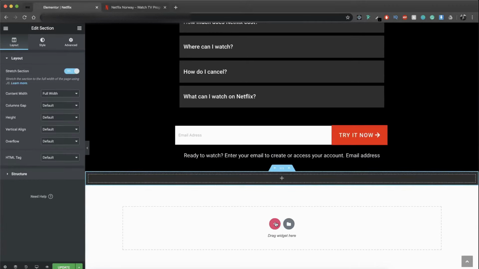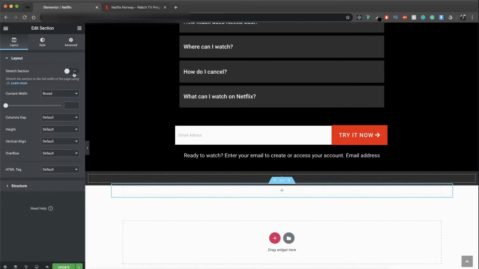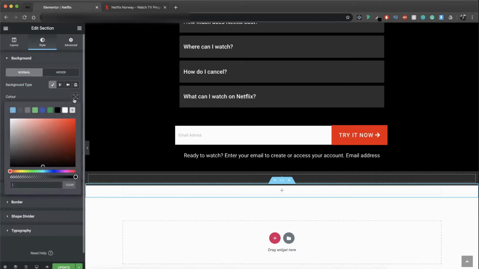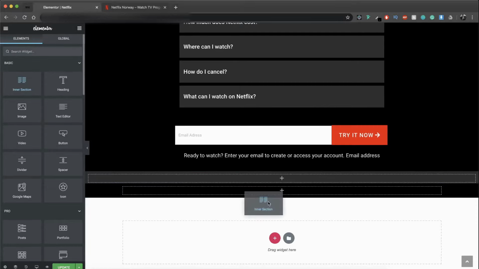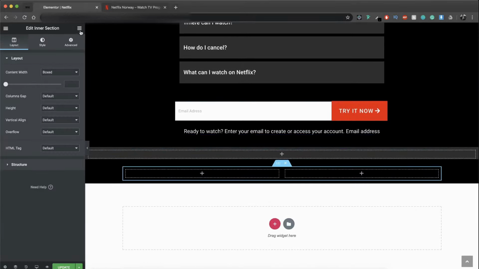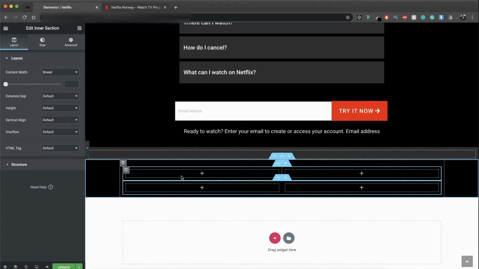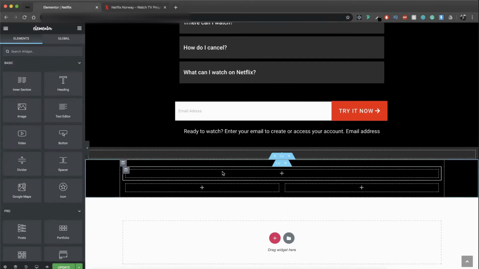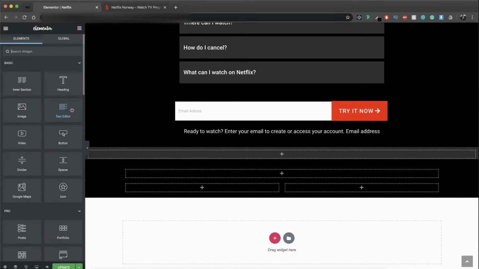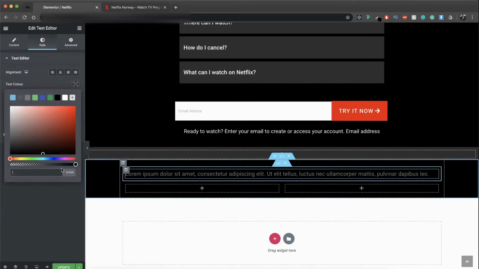For the last part, which is going to be the footer, we are also going to need to make it stretch and give it the background color of black as well. So for this section, we need a section and another section inside of the section. So for the first section, we don't need two columns, so we can just go ahead and remove the second column. This first section is going to need a text editor where the font color is going to be the